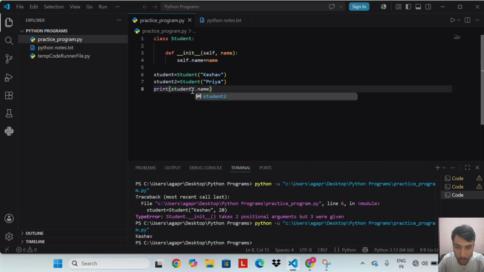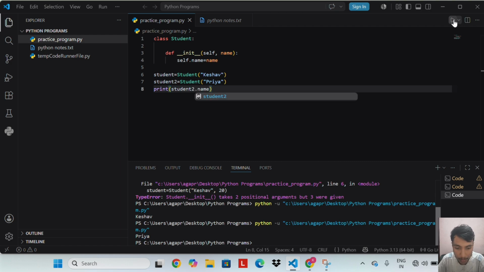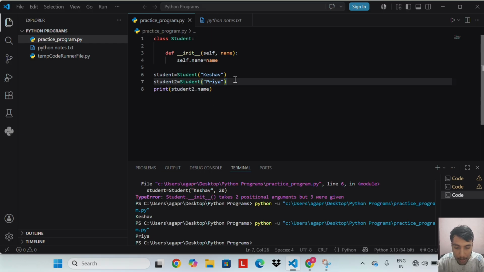If I write here student2 dot name, then output is Priya. So student2 dot name would be Priya, completely separate from student dot name. Self is always the first parameter of every method in a class. You do not pass it manually. Python handles it automatically.